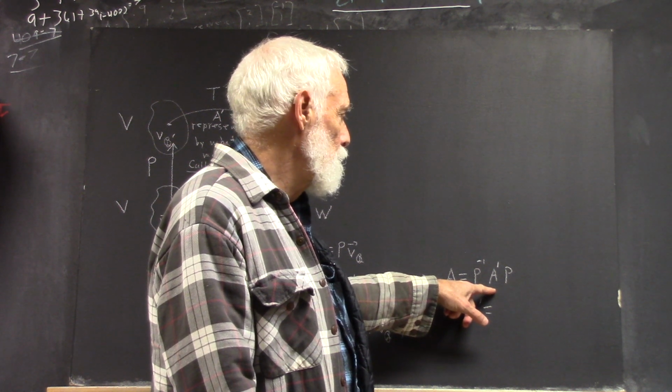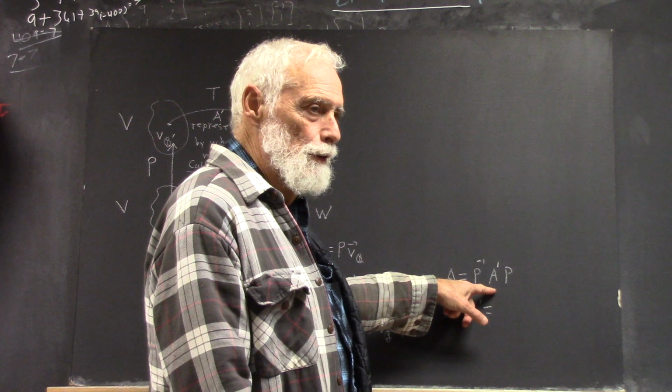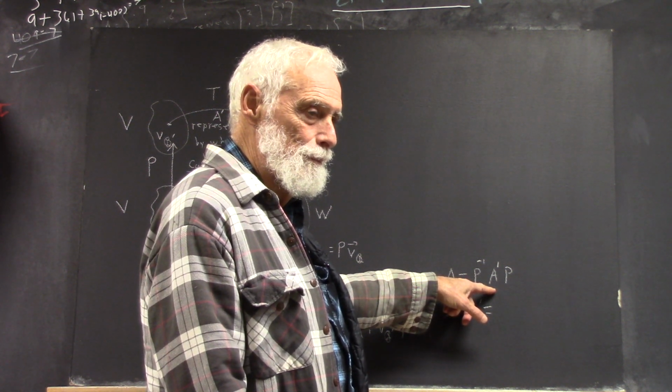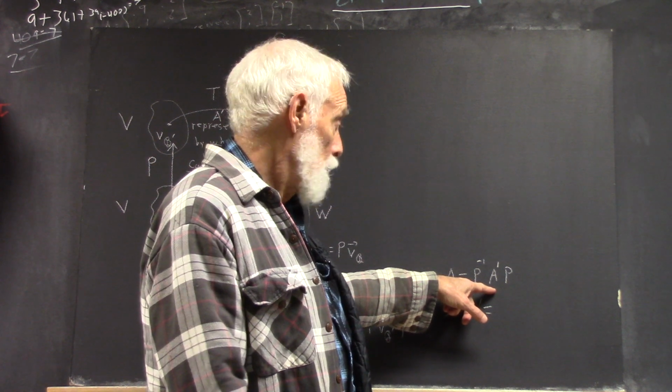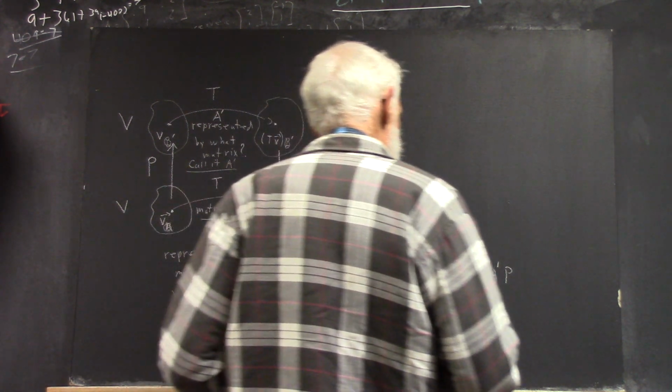What operation would we do to both sides of this equation to get it closer to being a solution for A prime? Multiply by P. Okay, so A prime,